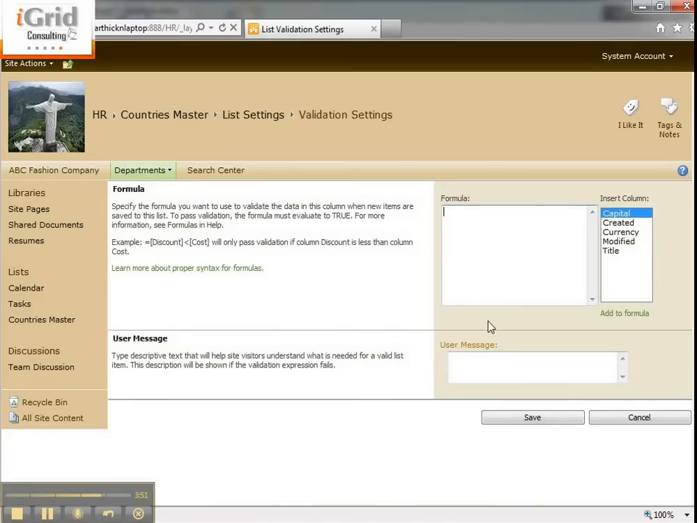Now we can also specify validation. For example, we can say if we have discount and cost columns, we can say